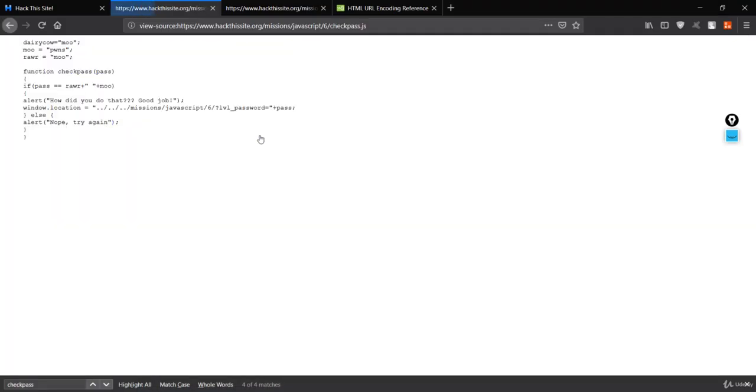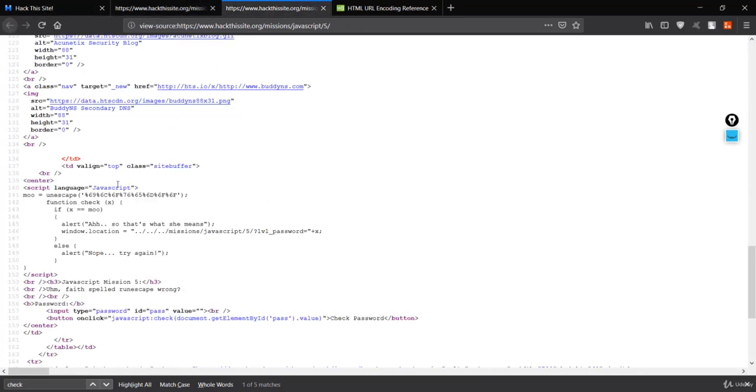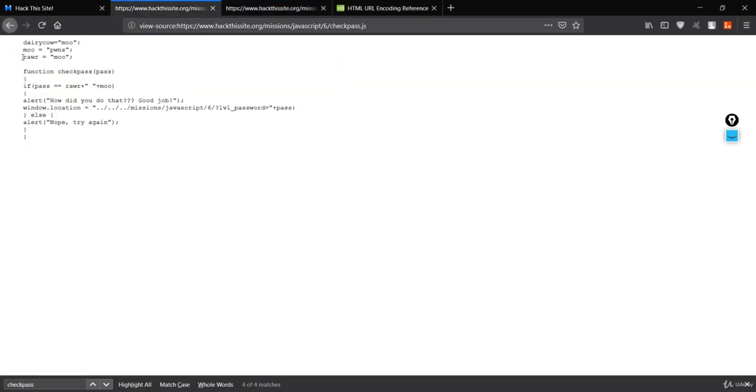So let me open this, and you can see the checkpass method has been hidden inside that link. It was given as a link in the src attribute to hide it from quick access for the user.